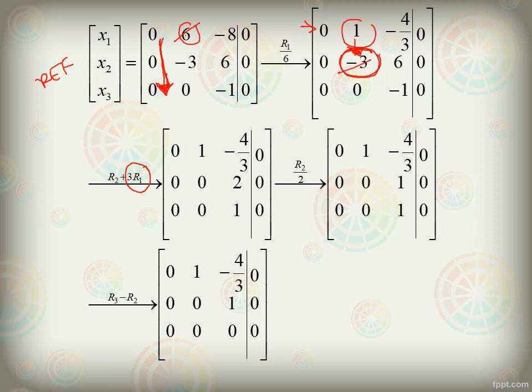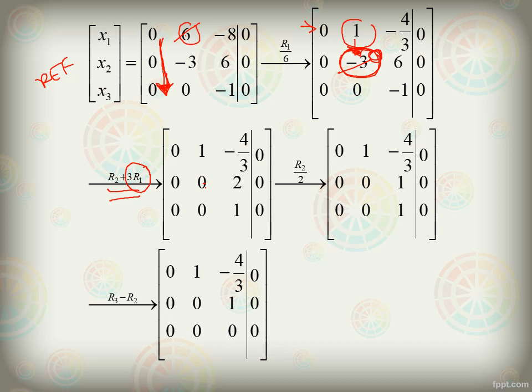Okay, this should be 0. You can refer back to the condition of REF matrix. So to make sure this is 0, you need to perform this operation. Once you do that, this is 0. And then next, as usual, since these two elements are 0, you must make sure the first